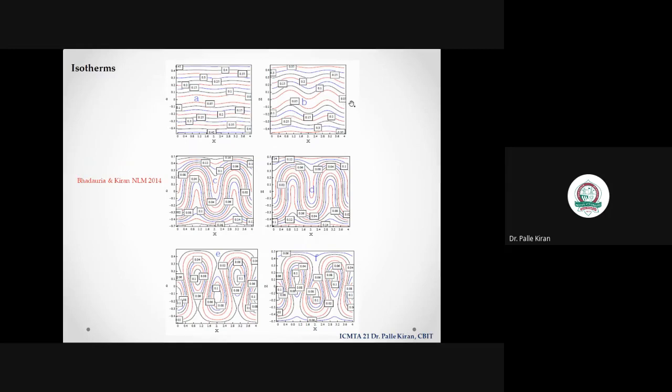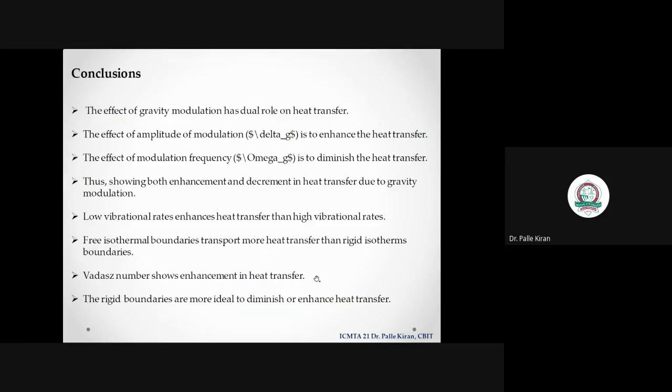Initially, when time is very small, like the initial state, there is a motion here, and as time increases, you see how the isotherms lose their evenness. It becomes odd and more vibrant, so you can observe more and more variations in the isotherms. So the same conclusions that I have explained in the results, I have kept here, so there is no need to explain again. So that's my presentation.